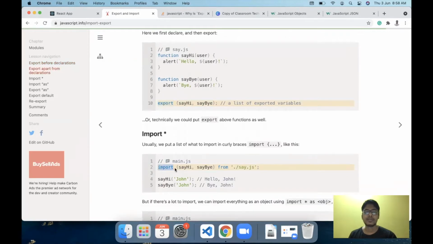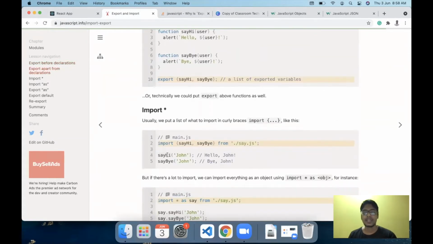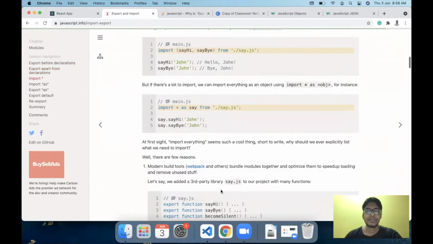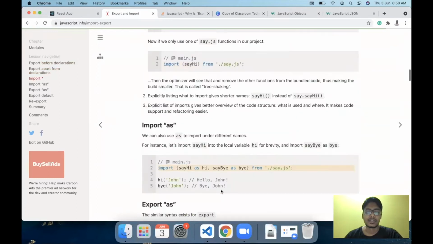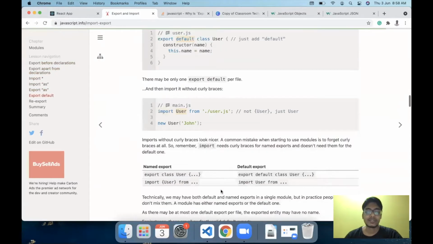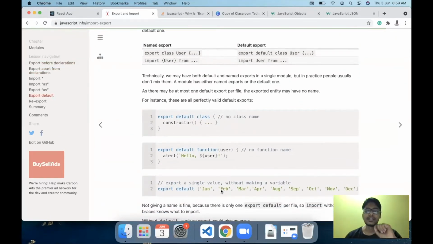And here we have imported the functions sayHi and sayBye from this file, say.js. Then we can call those functions with a value and the output will get printed. That is basically how the import and export keywords work. Now the area of interest for today will be to export some form of object like this and then use that object in our React code.